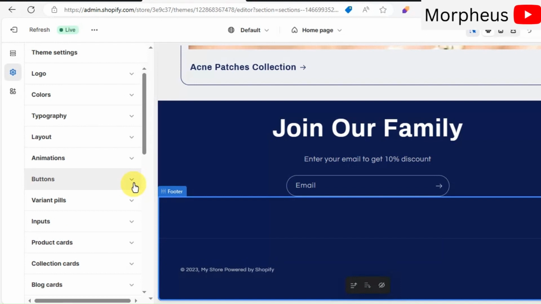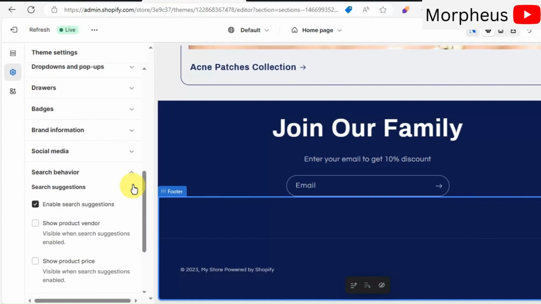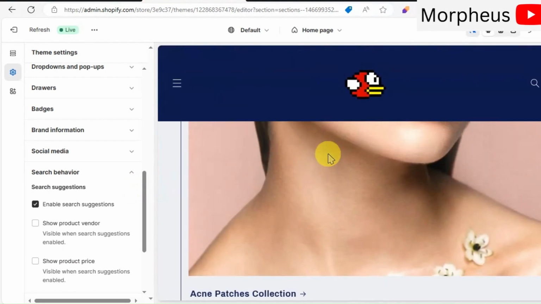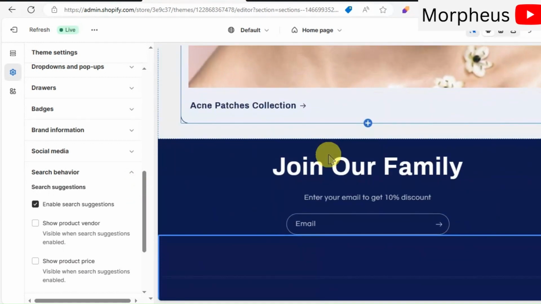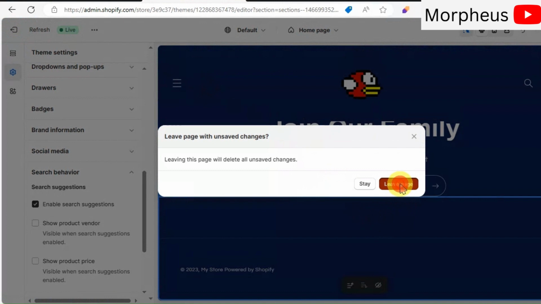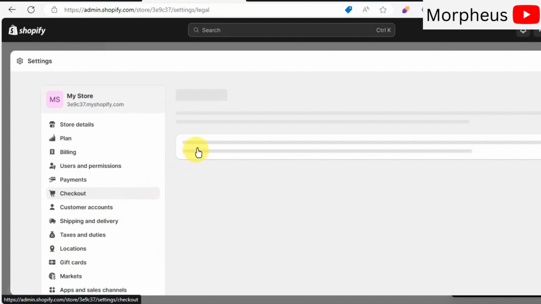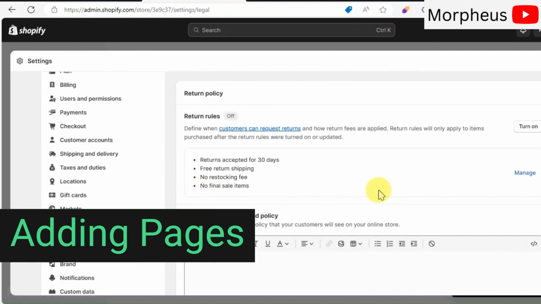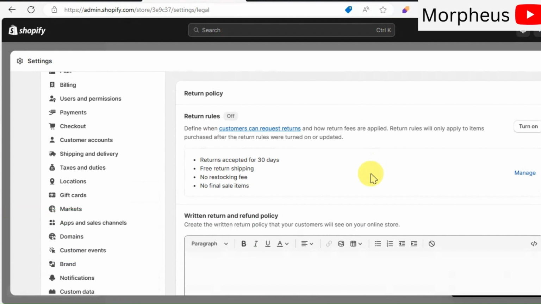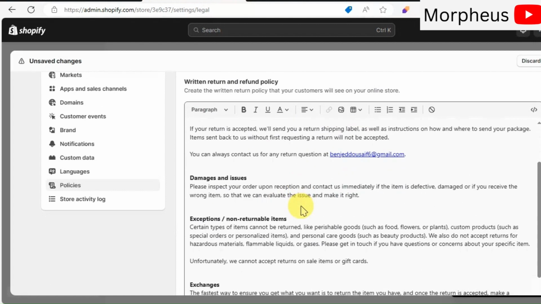Okay, nice. These policy pages will really increase your sales, but first, we have to create them in the back end of our store. Don't worry, this will only take a few minutes because we will use AI to do this. So, go to Settings and then go to Policies. Now you have two choices. You can either generate your policies using the Shopify templates by clicking on Create from Template right here, and repeat it for every policy down there.